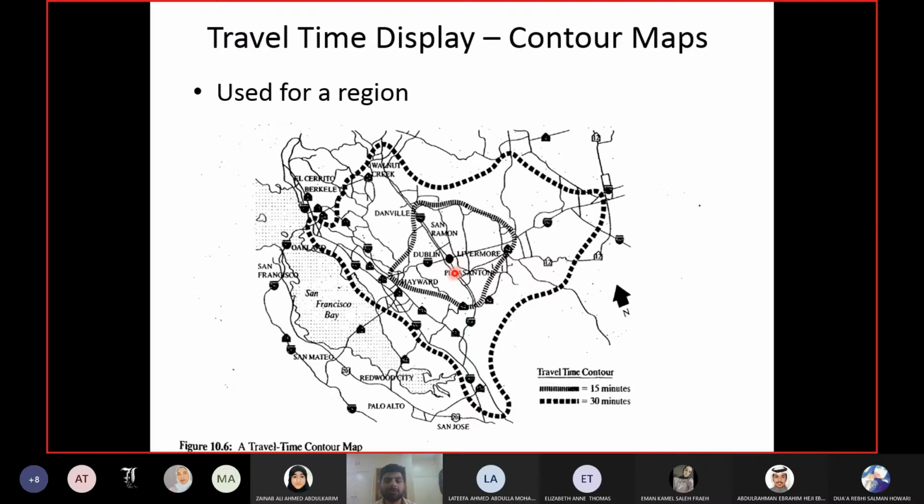So the travel time contour map can tell you people from which areas will be coming towards your facility. If it's a shopping mall, then usually 10-15 minutes travel time is enough to go for shopping. When you go for shopping and you're inside the mall, then you forget about everything, right? This is the aim of your life then, to do shopping. But to get to the shopping mall, you will not spend much time. So if this center point is the shopping mall, then people from the area within this contour line will be coming towards this mall.